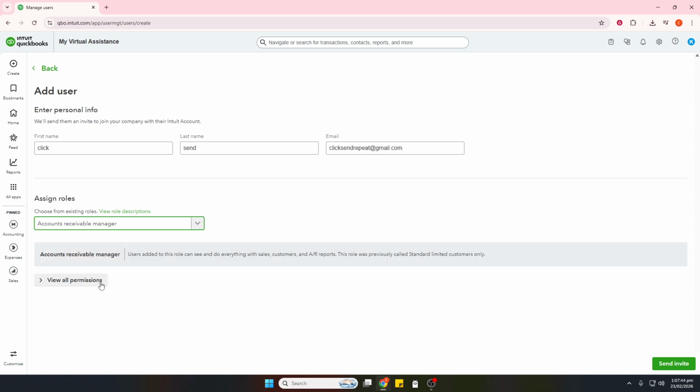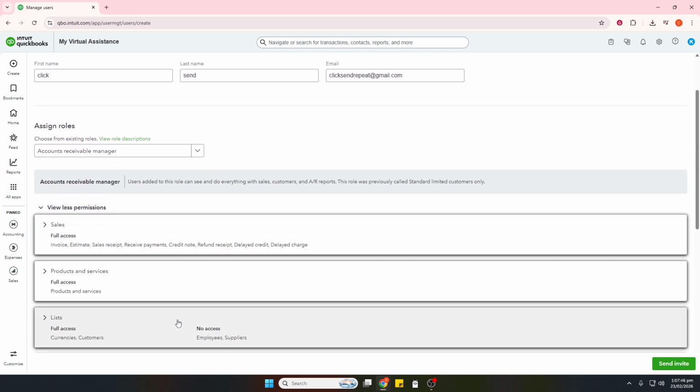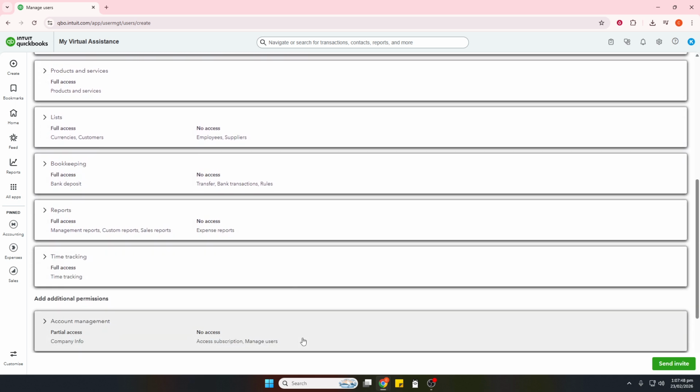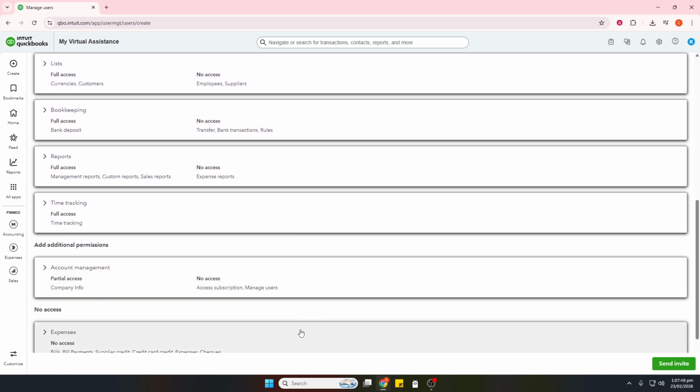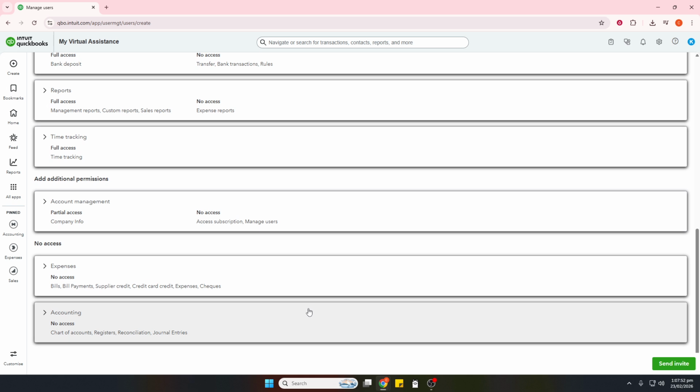QuickBooks will set up a brand new, clean company file for you. This is a fresh set of books with its own lists, settings, and reports, completely separate from your other companies. From here, you can begin customizing your settings, connecting bank accounts, importing customers and vendors, and getting the file ready for day-to-day work. And that's it! You've successfully added another company in